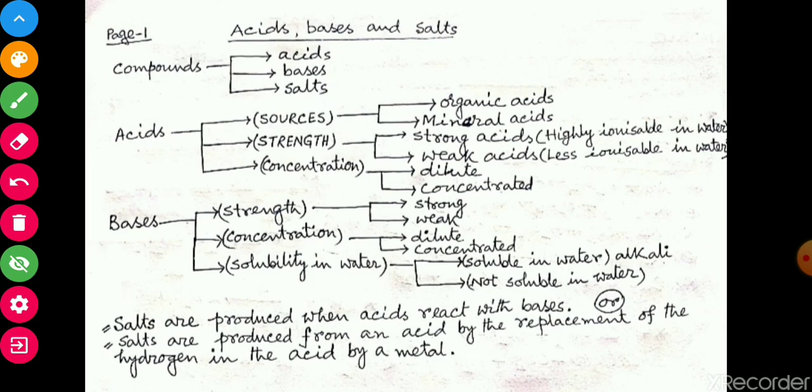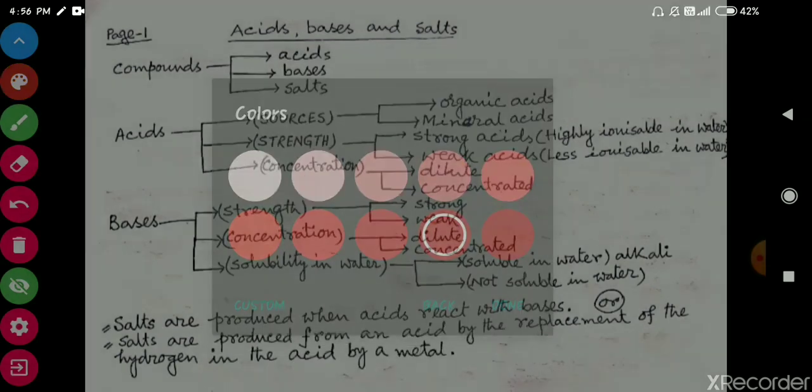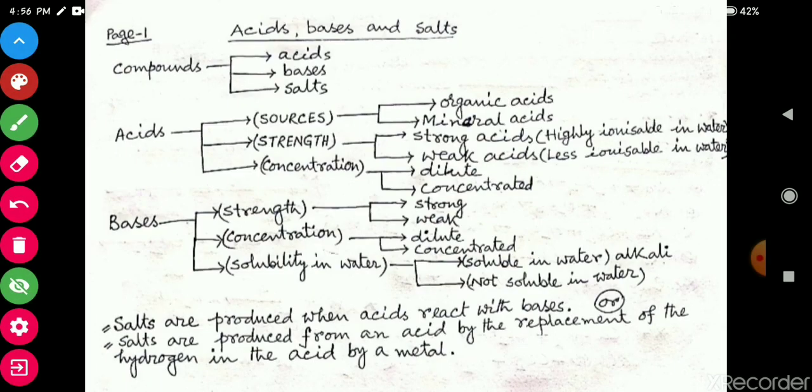Till date we have discovered 115 elements. These elements combine to give an enormous number of compounds. Mainly, these compounds can be classified as acids, bases and salts. Acids can be classified on the basis of